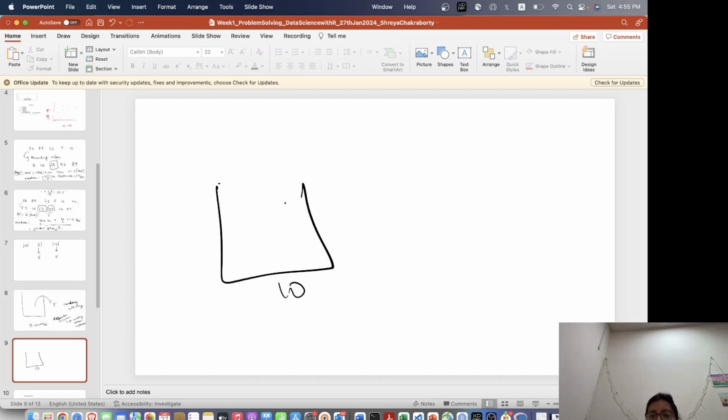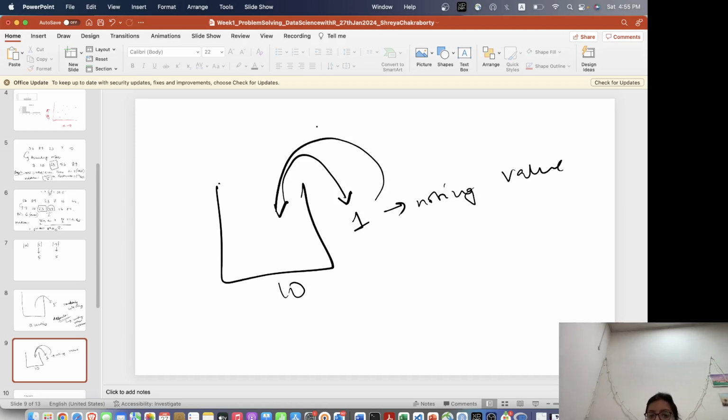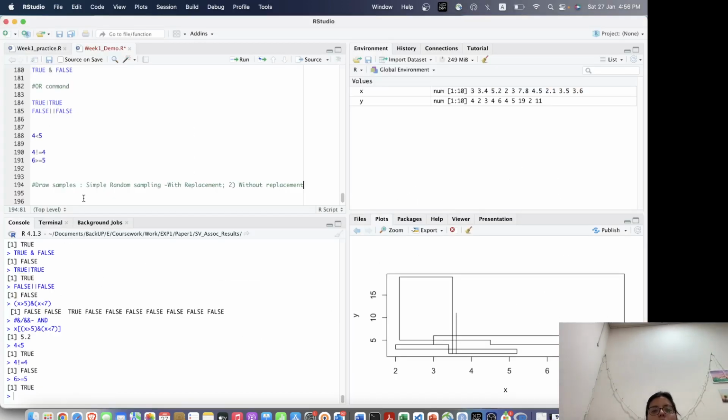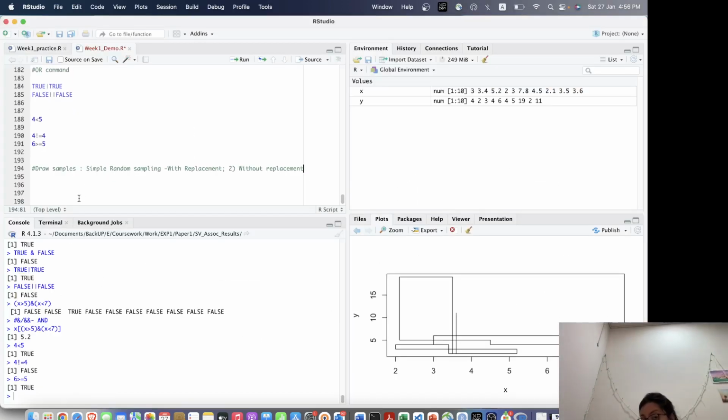You have 10, you are selecting one, noting down the value, and then you are putting it back into your bag and then again picking up. So this thing is sampling with replacement. Alright, so by default, like I said, R will also conduct sampling without replacement. So let's say if I have this y vector, if I just put sample and